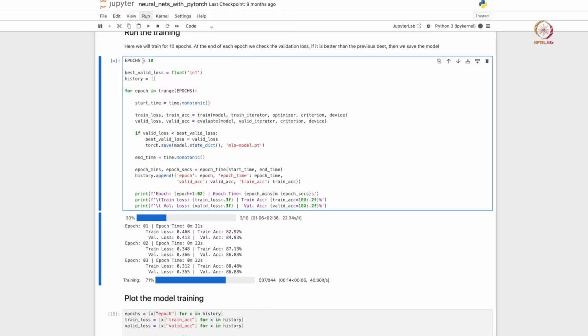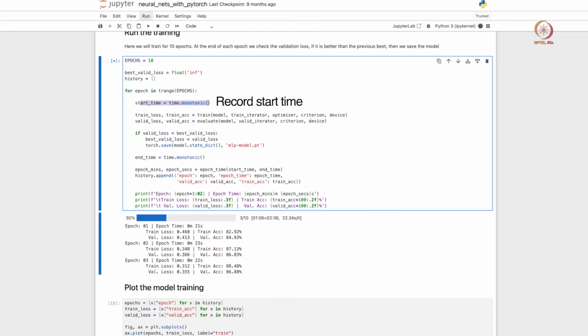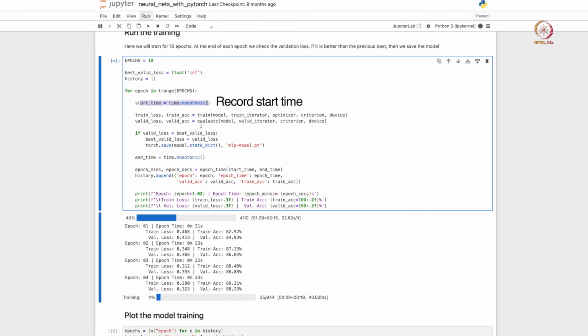In this cell here, we are going to train the model for about 10 epochs, and this will take a little bit of time compared to our Keras model. You see that each epoch is taking 21 seconds, whereas in the case of Keras it was taking about 8 seconds. It has to do with the model being lighter, you also having a heavier optimizer and so on, and we are using different batch sizes, so that may also affect the computational performance. So what we basically do in this cell is, for each epoch, track how much time it is taking from the start of the epoch to the end of the epoch.